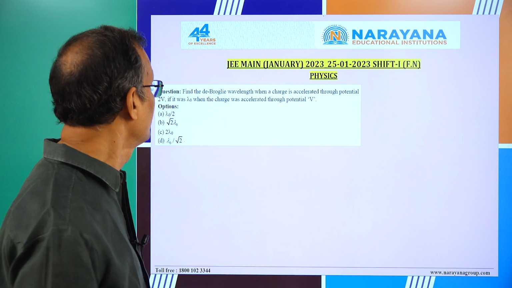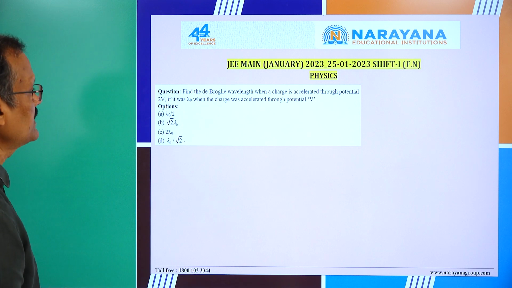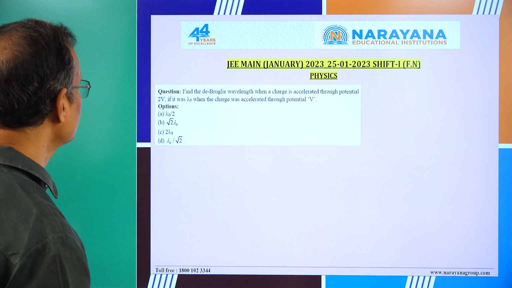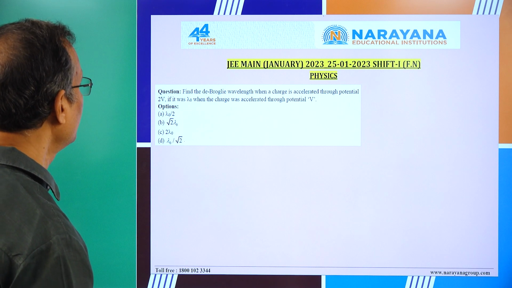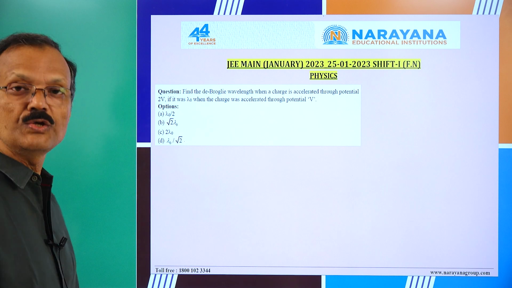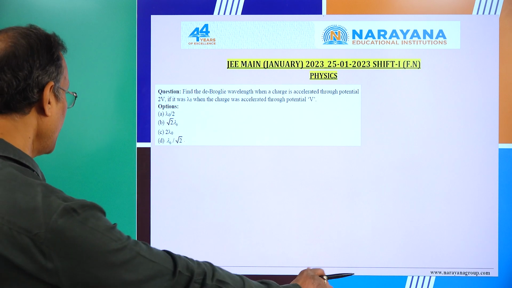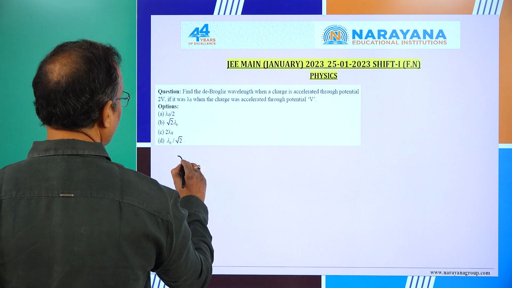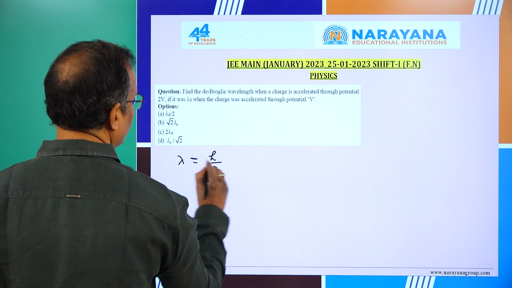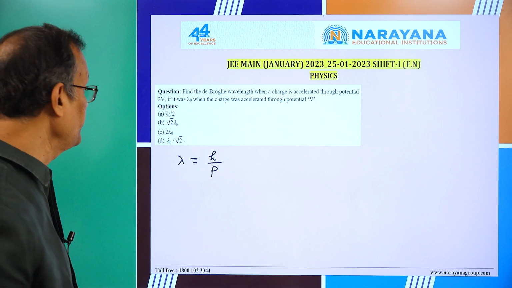Let us start. First question: find the de Broglie wavelength when a charge is accelerated through potential 2 volt, if it was lambda naught when it is accelerated through V volt. They are asking you the de Broglie wavelength. You know that de Broglie wavelength lambda is equal to h by p. You also know p is equal to